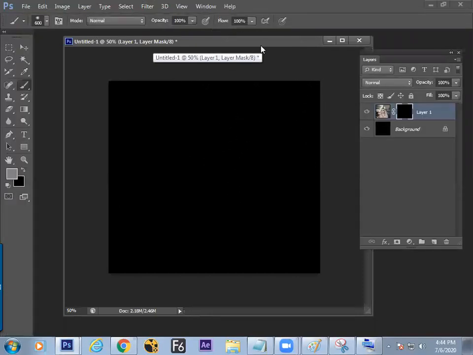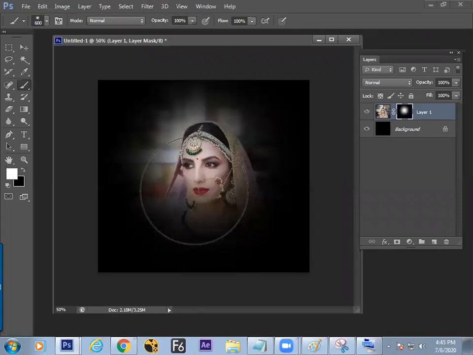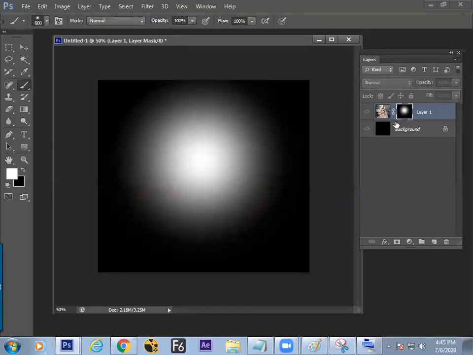Fine. Whatever little knowledge we have, I'm just passing on. Still, all these things have to be under your control. Now let's move to the thumbnail of the mask, take black and white, and paint. So it is visible, but now it is time to do the textures. Now switch to the thumbnail of the mask by Alt and click.